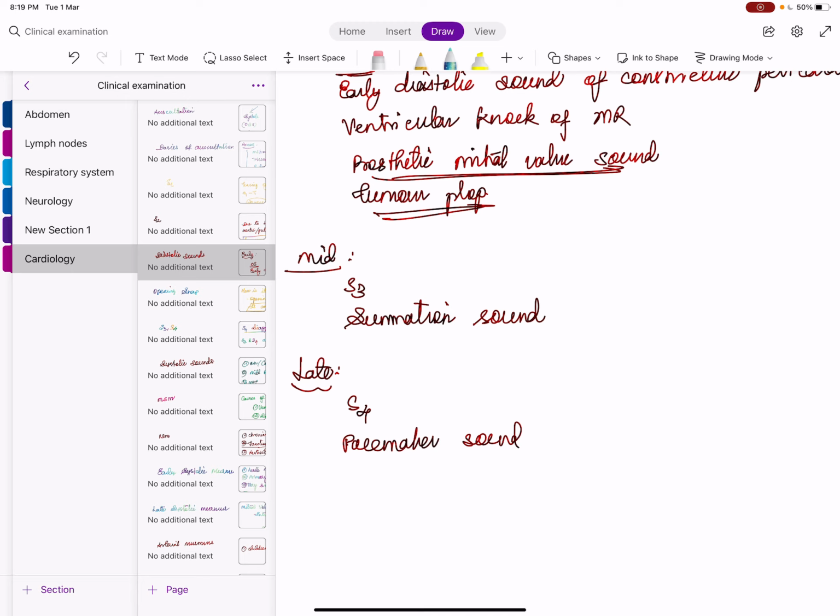Now the most important component is split. I told you there are two components of S2. One is A2, which is due to the closure of the aortic valve, and P2, which is due to closure of the pulmonary valve. A2 is due to closure of the aortic valve, P2 is due to closure of the pulmonary valve. But these two sounds are heard separately. Why? Because